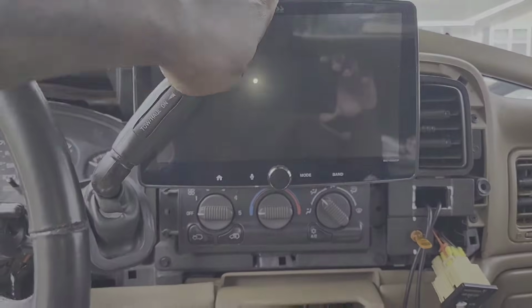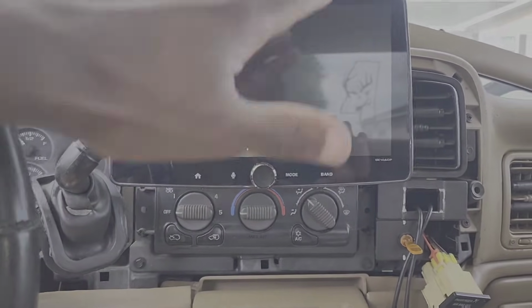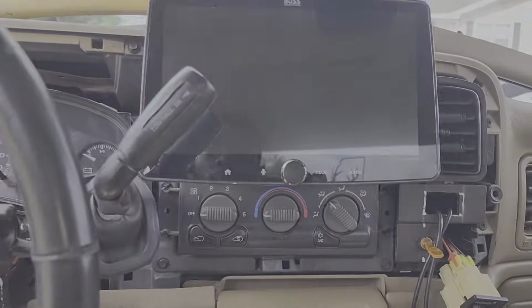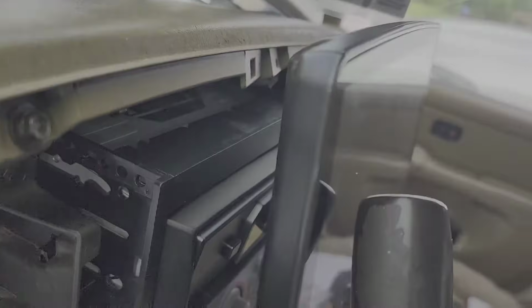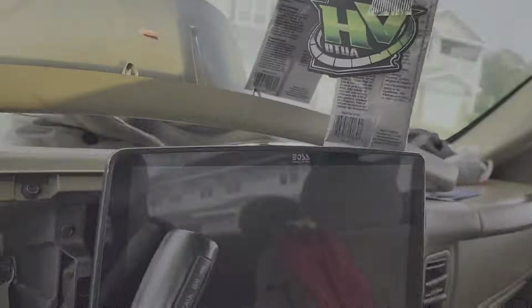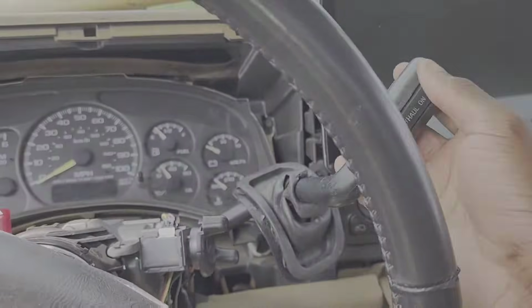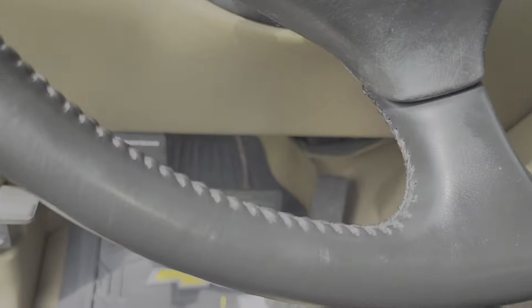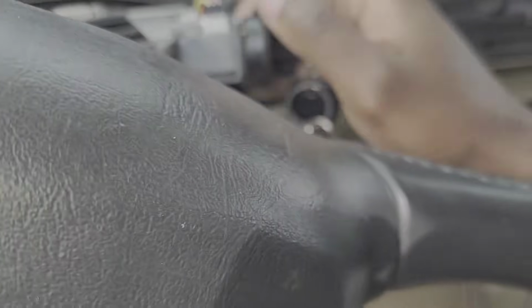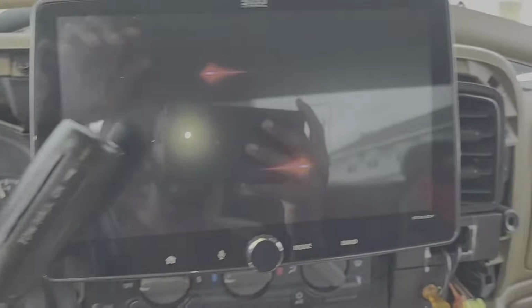Anyway, so this is how it looks. It tilts, and you can move it up and down. I can't remember if you can slide it sideways, but as you can see, it actually doesn't touch. So as far as shifting, you just leave it down here. For some reason, it's going through the gears without any of the brakes being set. But no interference. But when I put the key in and turn the key over, I don't know. But anyway,